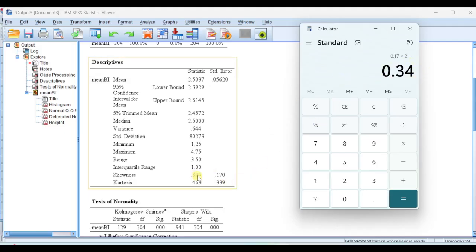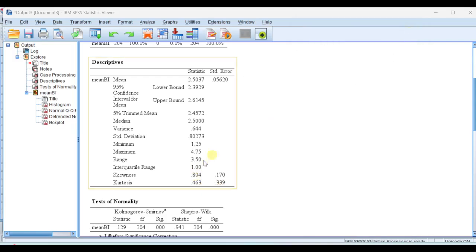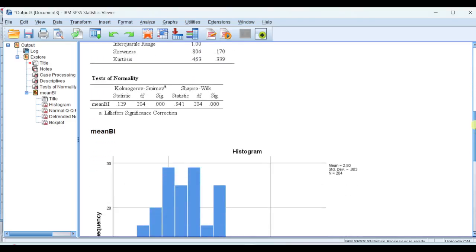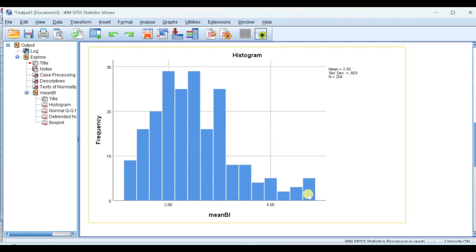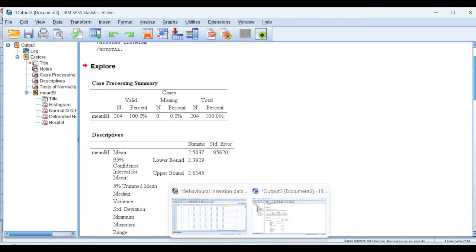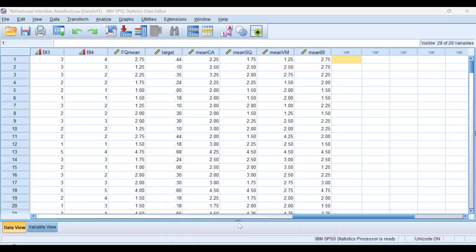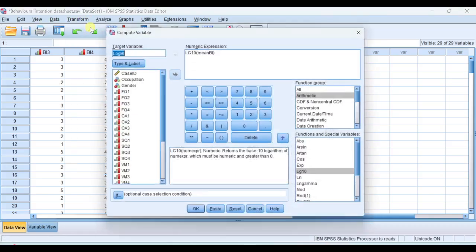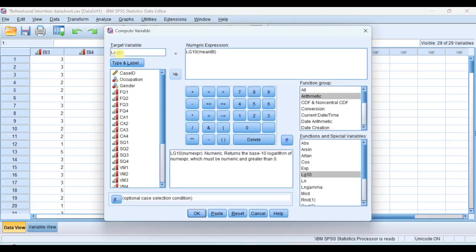That means again, I cannot say using method number 3 that my data is normal. It's positively skewed. Now let us check how to resolve this thing. To resolve this issue of positively skewed data, which you see here in the histogram as well, I'll go to the data sheet and create the log transformed variable of this BI. To do that, I'll go to transform, compute variable. I enter here log BI,